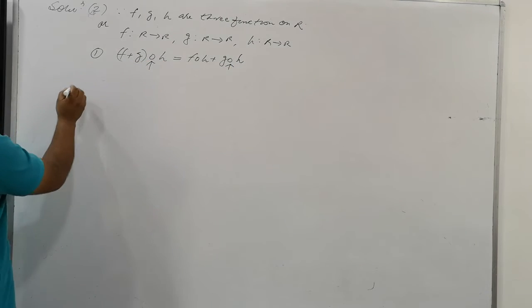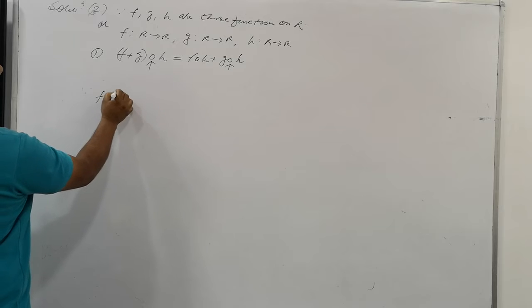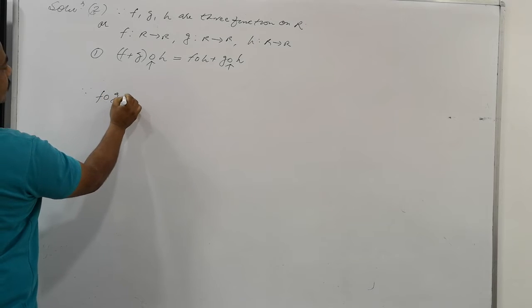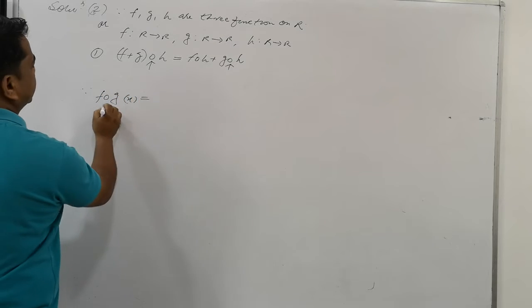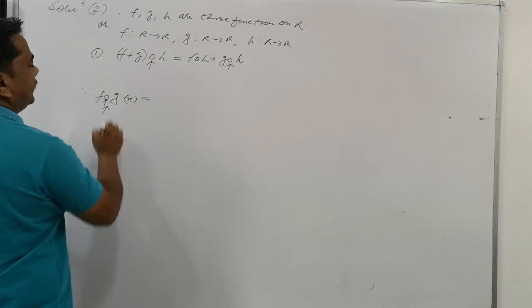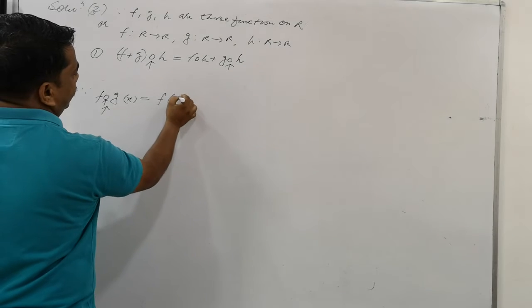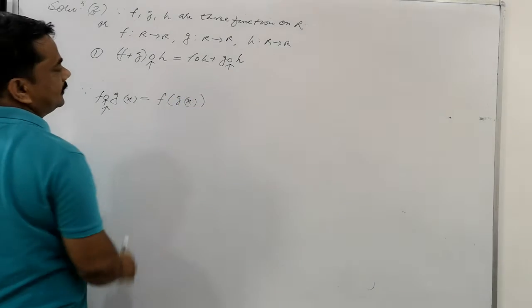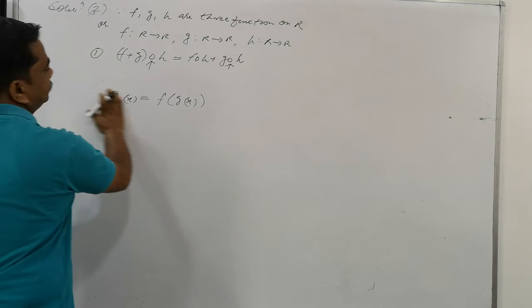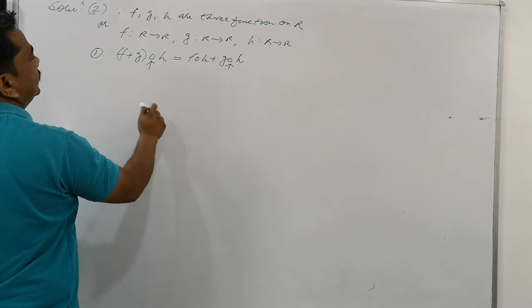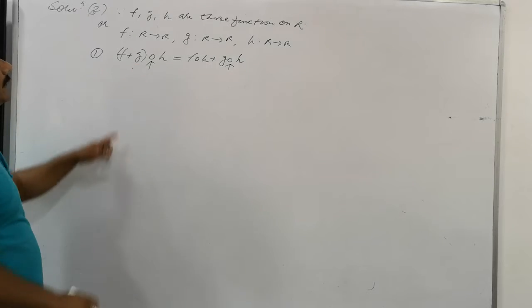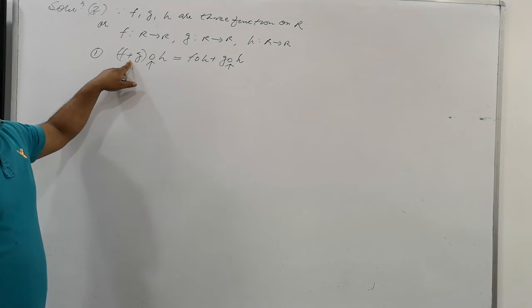You just have to know the composition, how to distribute it, f of g. So how is it written here, please tell me. The composition sign will occur so many times, and you will take parentheses like f of g of x. Clear or not? So look here, we have to prove that composition is distributive with respect to addition.